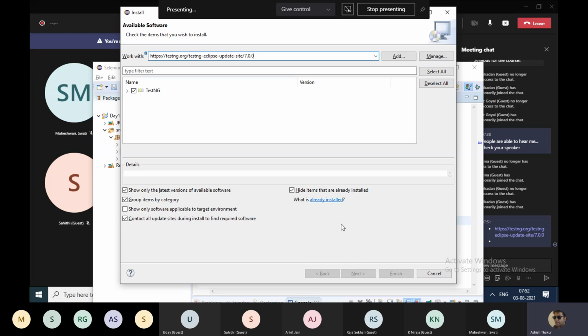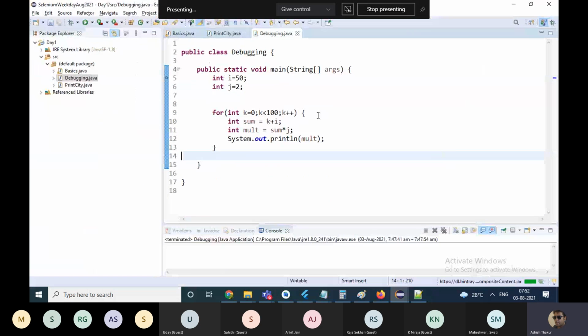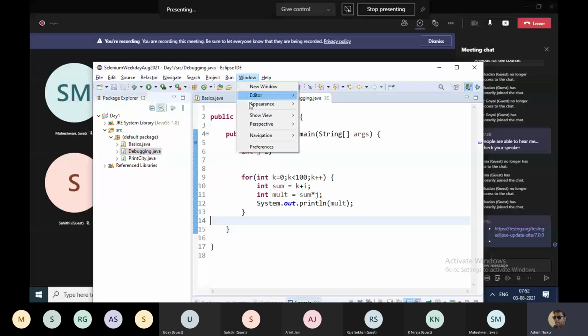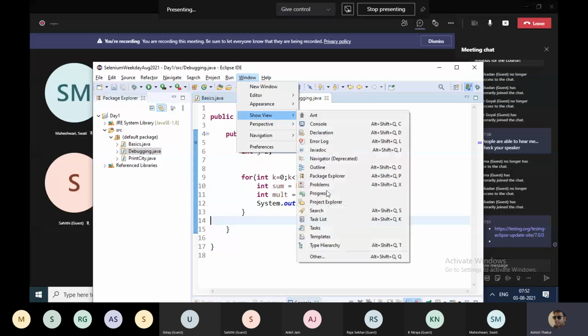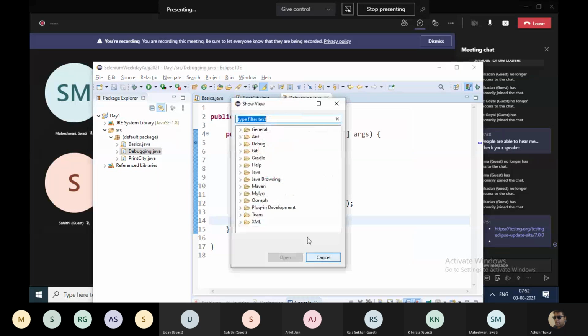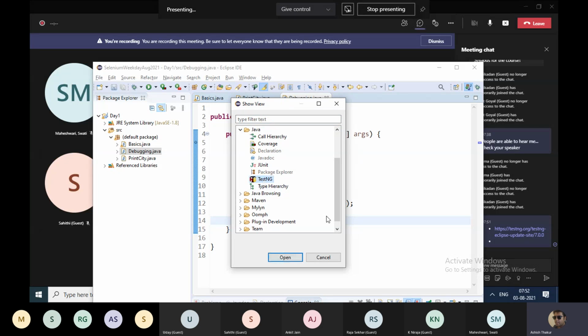Maybe you get a small warning or error in between. Just ignore that. And your Eclipse will restart. Once your Eclipse restarts, that means TestNG has been installed. You can go to Window, Show View, Other, and under Java, you will be able to see TestNG.